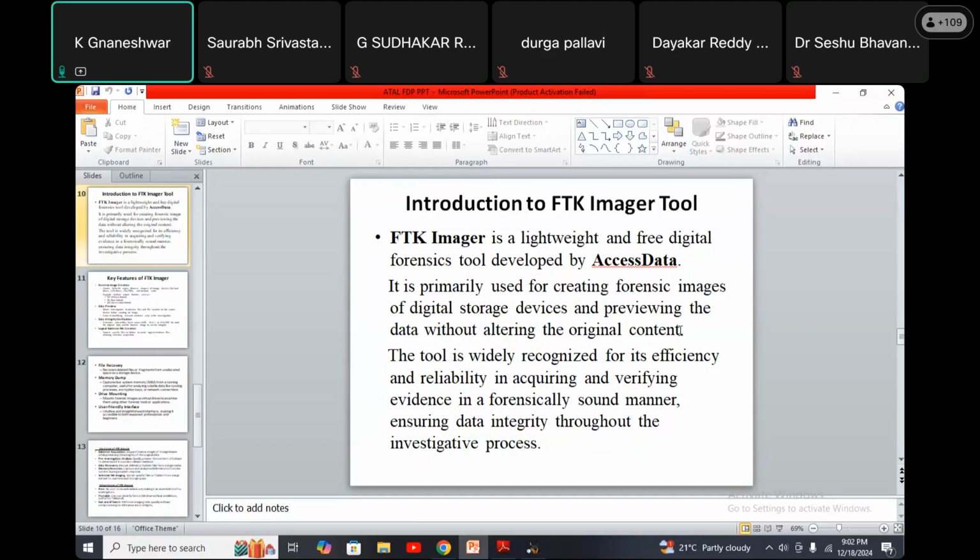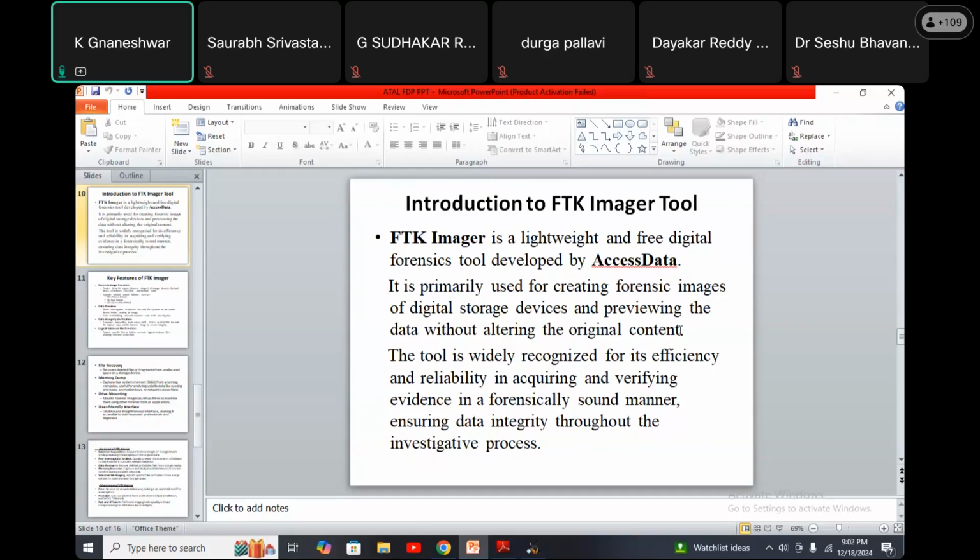Once we create one duplicate for a particular storage media, no one will touch that one. Even if we lose the original data, or even if we give the original data to other persons, this duplicate copy is with our side and no one will enter and no one will manipulate that one.